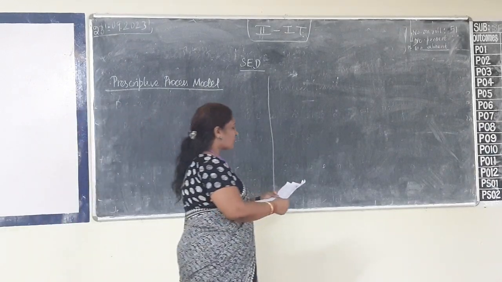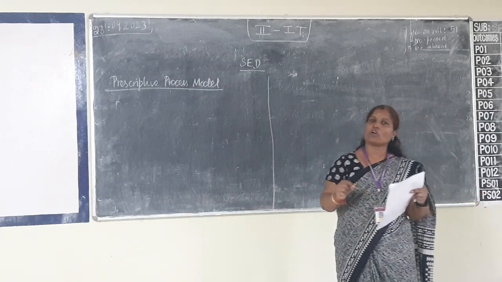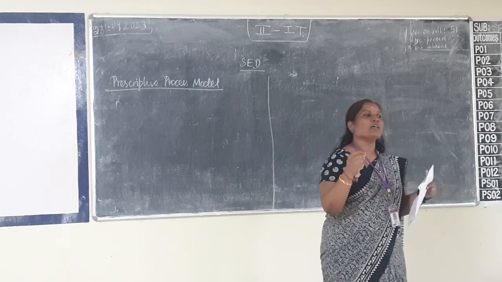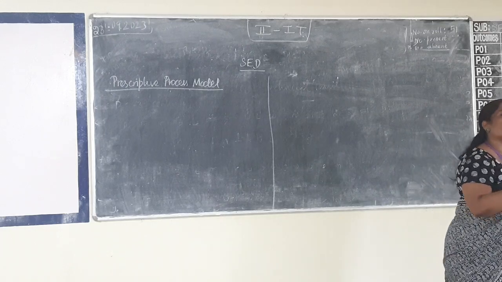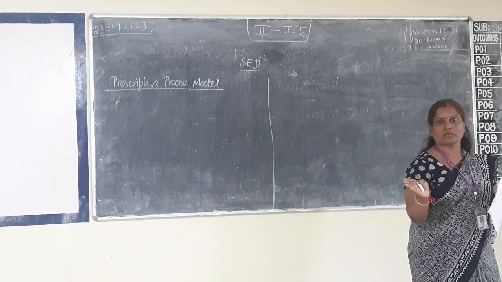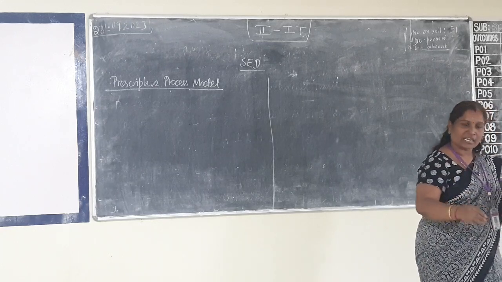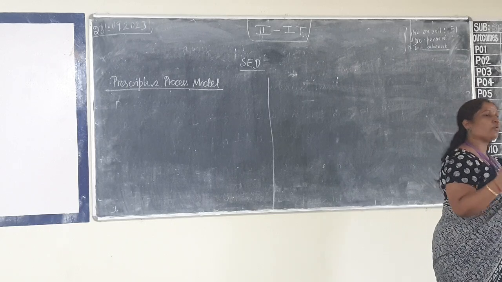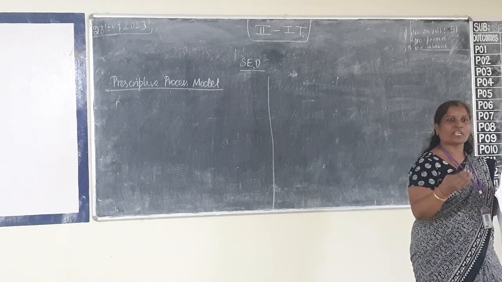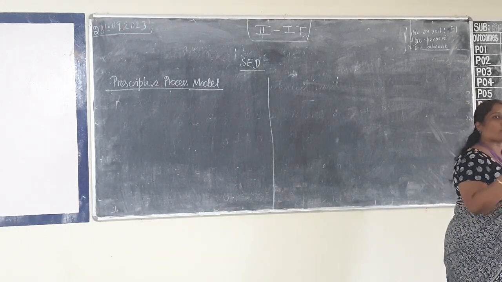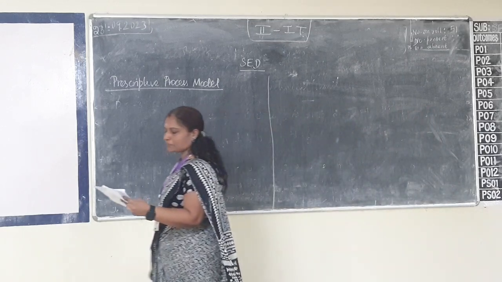Here we are going to discuss the prescriptive process model. Why is it called a prescriptive process model? A set of activities and actions are prescribed for your software project development. But the functionalities will vary. It is the same 5 things only. How are we going to use it? How will the actions vary? How will the activities vary? That is what we are going to see here in various models. Please take down: prescriptive.